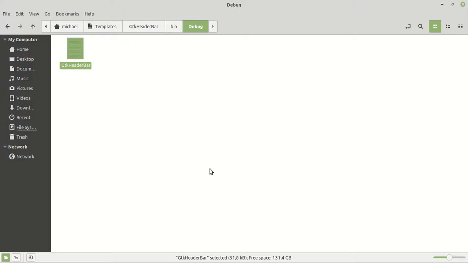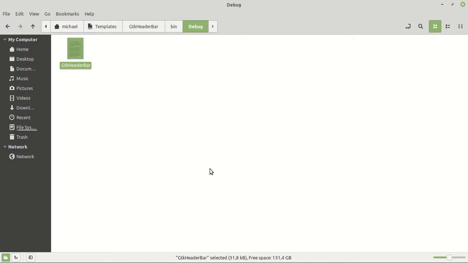Hello guys, and welcome to our second video about GTK Inspector. As you already saw in the first tutorial, we saw how many possible ways there are for us to find out information when we need to set up some things. So basically we saw together that working with GTK header bar, which is a